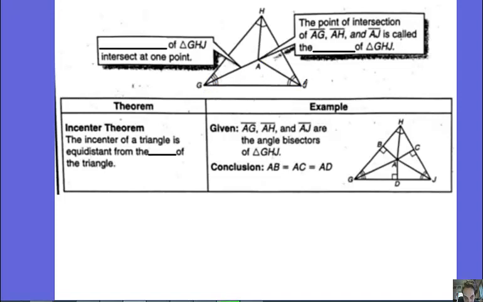So the angle bisectors of triangle GHJ all intersect at one point. All three angle bisectors intersect at this point A, and that point of intersection is called the incenter. The incenter is the point of intersection of all three angle bisectors, and the special thing about